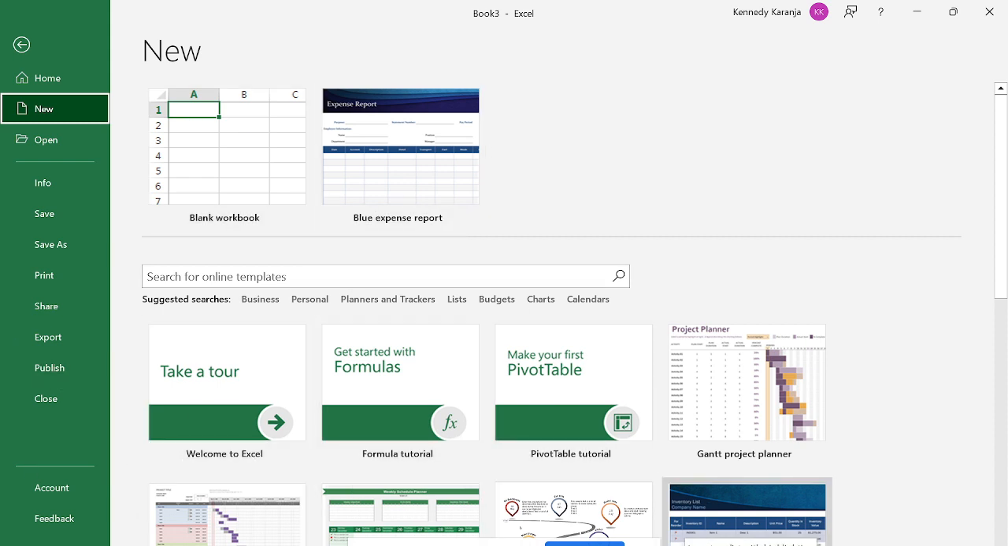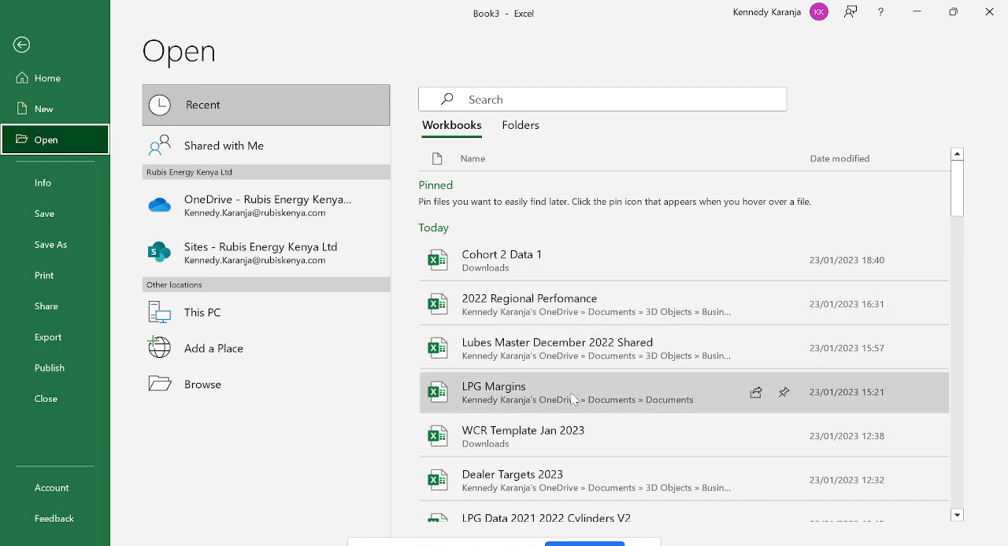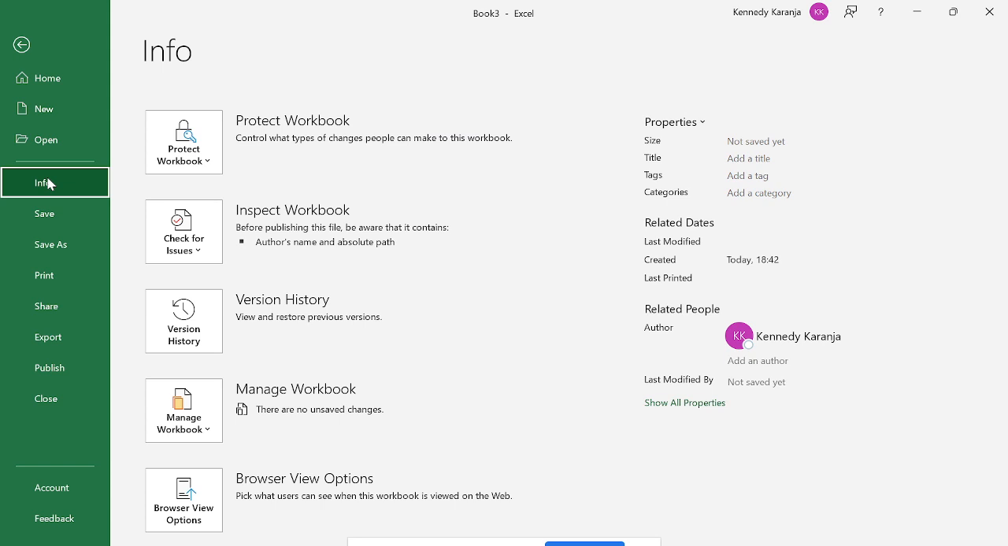some of the preset templates in Excel. Okay, under the new worksheet button. Okay, so open, it will show you all the files that you've been working on maybe. All right, so info, it will also tell you maybe if you want to protect a workbook, you can just